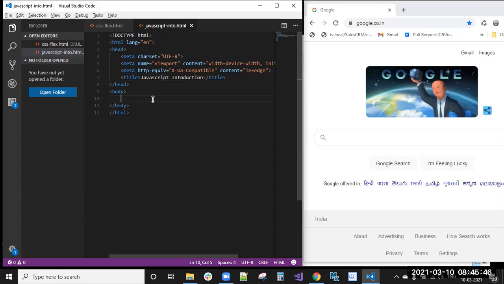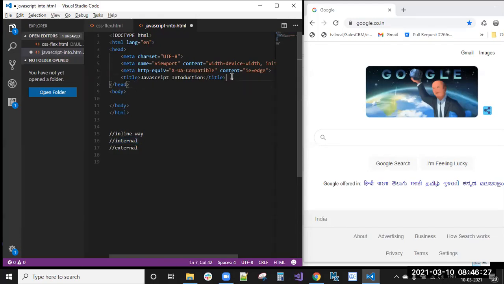How did we include a CSS file? In a similar way, we will also include JavaScript. We include CSS in three ways, right? In the similar way, we will write JavaScript in our web page in three ways. What are the three ways? Inline, internal, and external. The first one is the inline way. What is meant by inline way? Before going to the inline way, we will see the internal way.